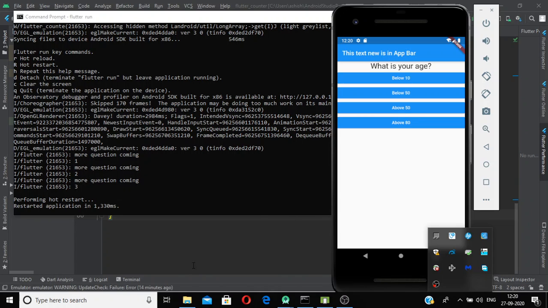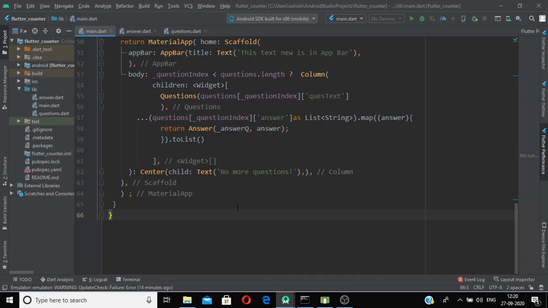Previously we have built this app and we use the if statement to control our widgets in the app, but in the process we have made our main dot file a little bit, you can say, bulky.